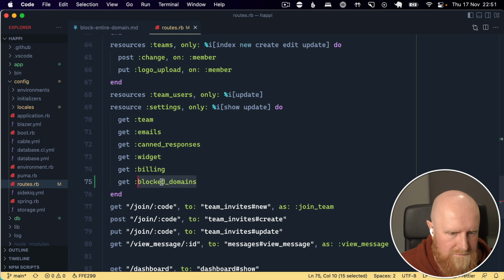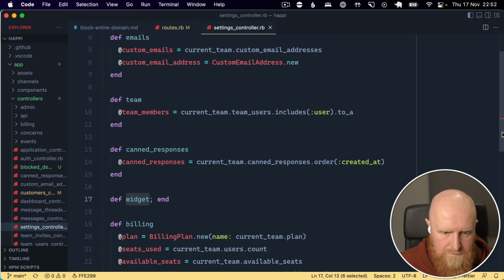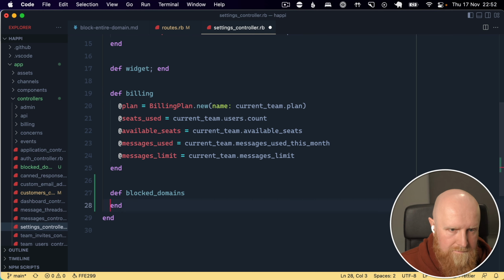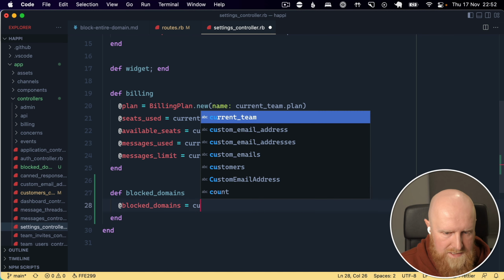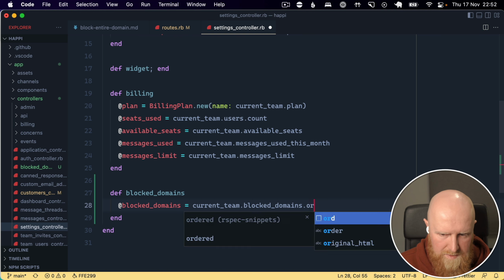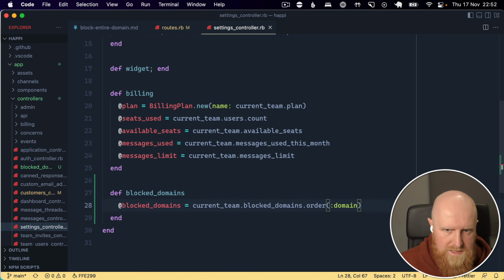Hit save, and then we can go to our settings controller, and we'll add in block domains here, and we can look up these as well. So we can say @block_domains is current_team.block_domains, and maybe we want to order these by domain. Hit save,